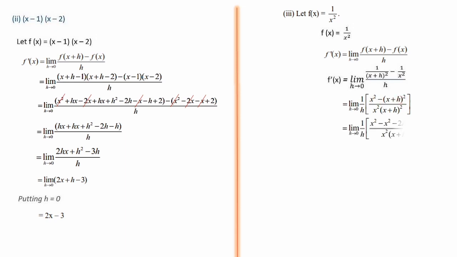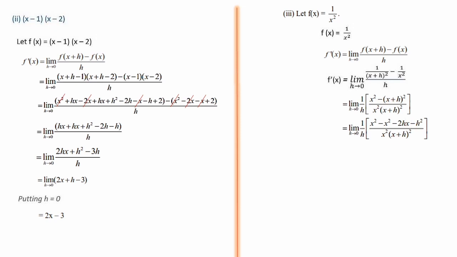Let's remove the bracket in the numerator, that is limit h tends to 0, 1 by h into x square. Here a plus b the whole square formula is a square plus 2ab plus b square. A square in the sense here x is there, so x square. I am removing the bracket also at the same time, expansion plus removing the bracket. So here a square, that is x square, there is a minus term outside, so minus x square will be coming. 2ab, that is 2 into x into h, that is 2hx. There is a minus outside, so minus 2hx. Then third term is b square, that is here h is b, h square. There is a minus outside, so minus h square